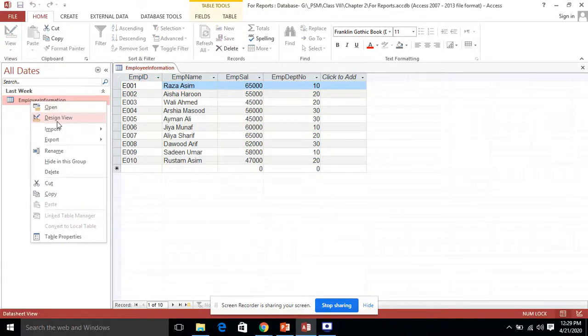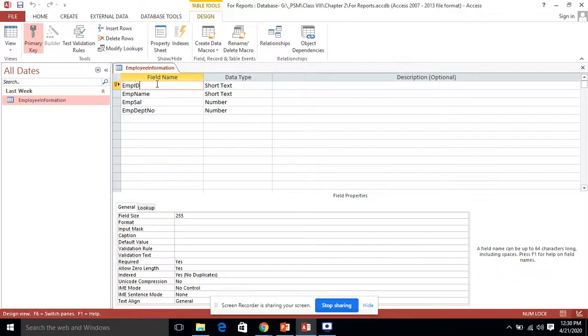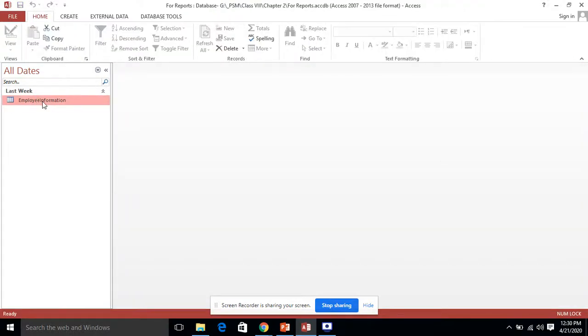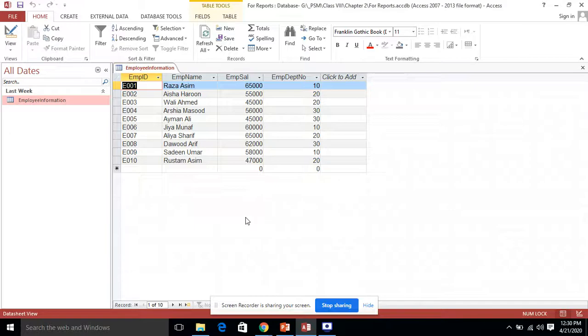If we right click on it, go to design view, you know very well there is employee ID short text, employee name short text, employee salary, employee department number. So these are all the options which are available over here, and we had entered 10 records in it, from employee number 001 to employee number 10. There are 10 records,